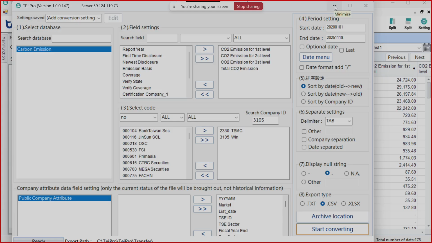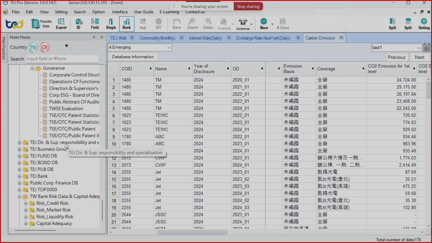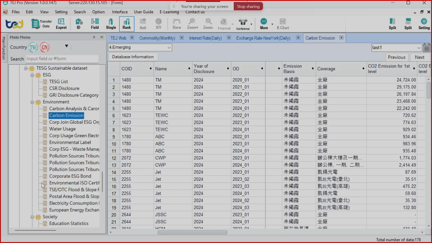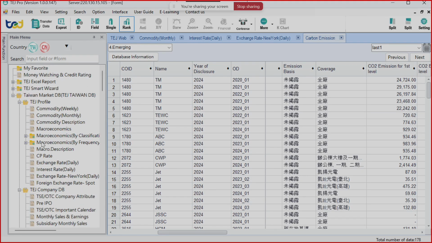And if you have that kind of demand, this transfer data icon may not be sufficient for you. It's not enough because you need much more. So with this, we can only collect the data from the same module, like environmental. We can collect different items from the same one. Social. But if you have to cross databases, for example, you need the financial statement, which is